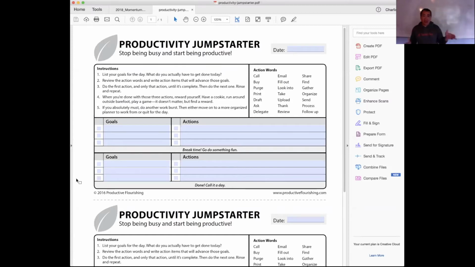So productivity jump starter. Here's the job to be done for the productivity jump starter. So there you are. You're like, I need to get something done, but I don't know what's going on, and I'm confused. And what just happened? Okay. Productivity jump starter's one job is to get you from that scattered, rolling around, not knowing what to do, to getting something actually productive done. So it's kind of like a game. What are your goals? What really are you trying to get done today? What's super important? Okay, so that's a goal. And the action, what action is there that can support what you're doing?